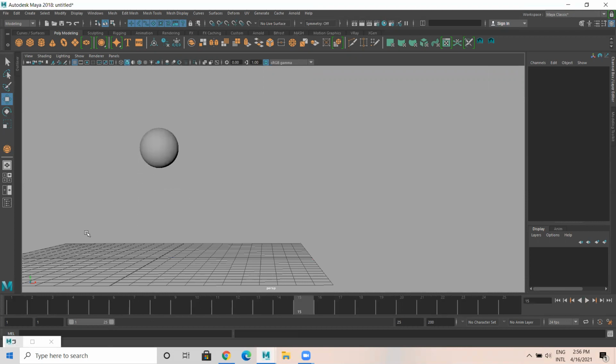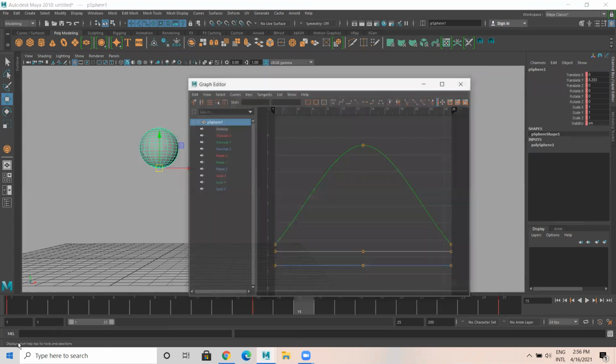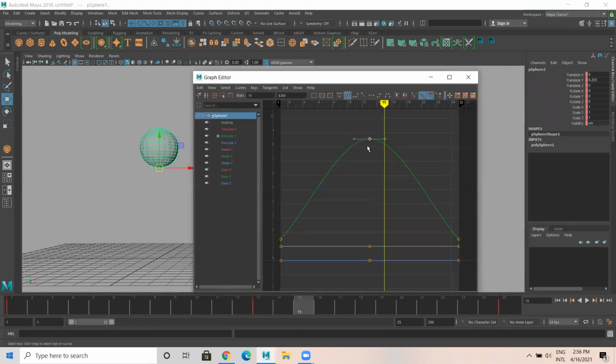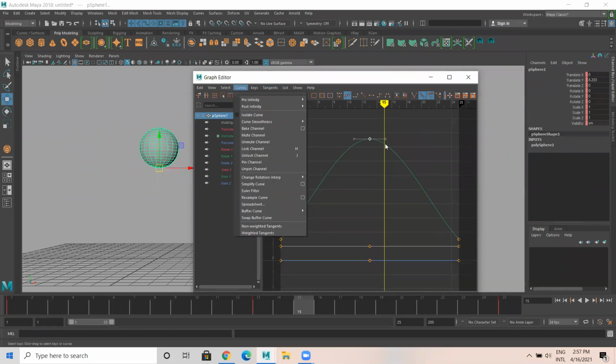So what I'll do for that, select this, go to graph editor again, select this particular key. I need to add more weight for this tangent. So how do we add it? This is a curve.